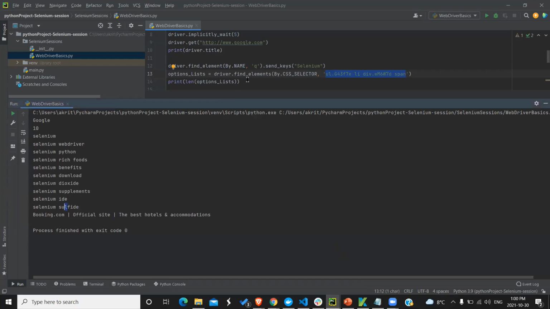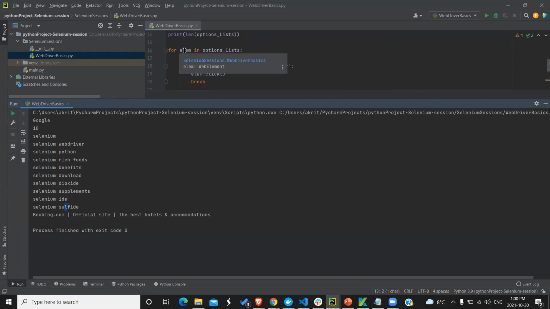And after finding, what I'm trying to do is get the length of the list that I got from the browser, and from that I create a loop. In this loop, I check element.text.